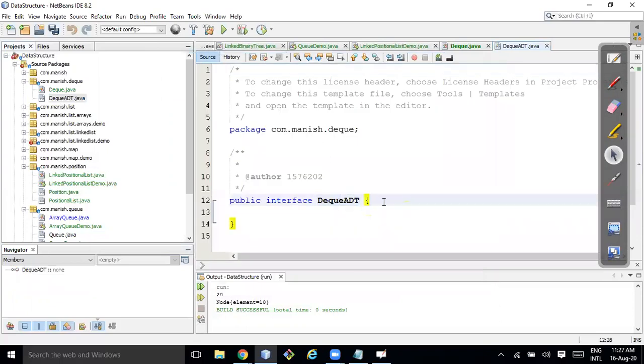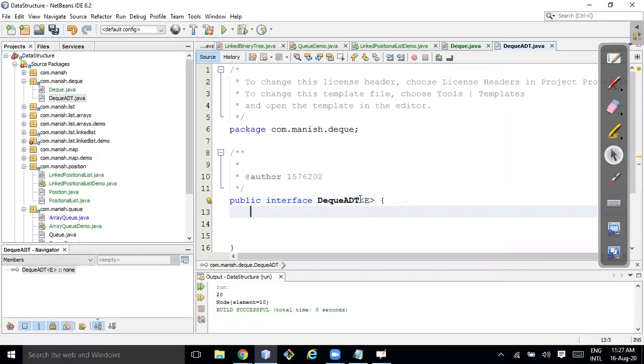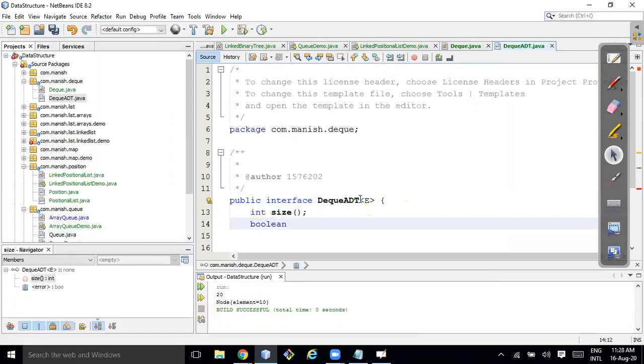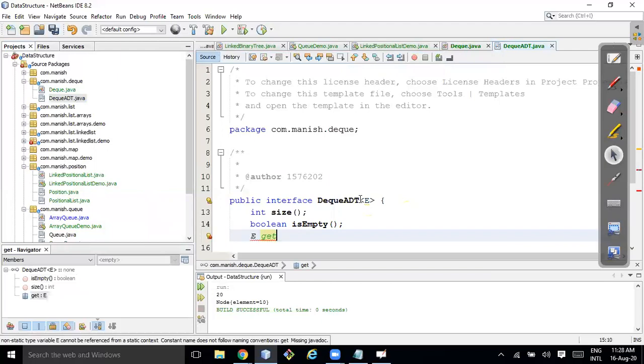Okay. So what all methods should it support? It will be taking something called E. It should have int size, boolean is empty. It should have E get, like top, or let me first write it for the stack.